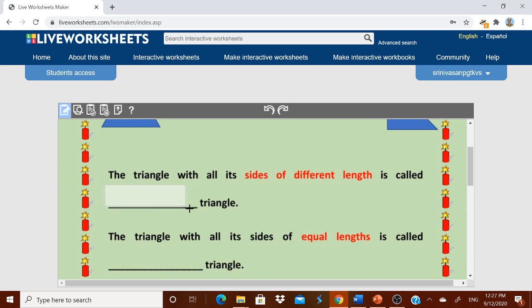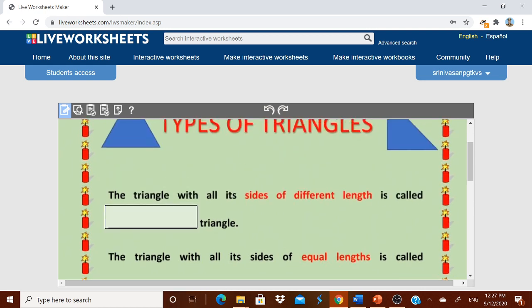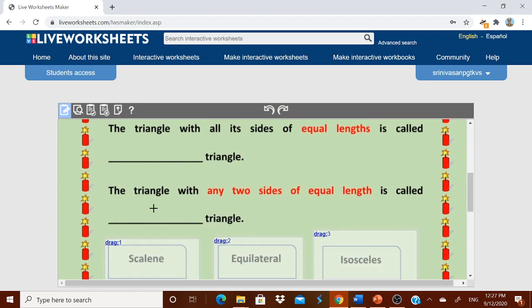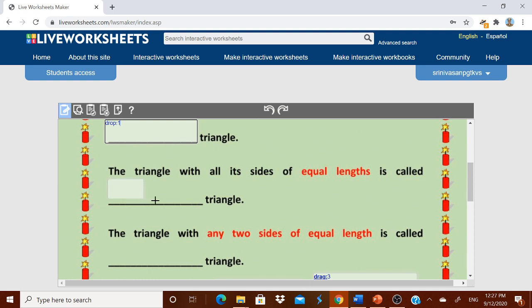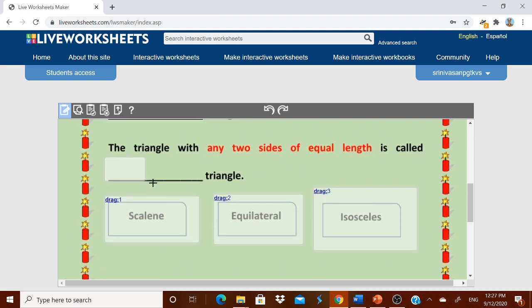Therefore, I will put one box over here and type drop 1. And here I think equal length is equilateral. Over here my answer should be drop 2. Here my answer should be drop 3.